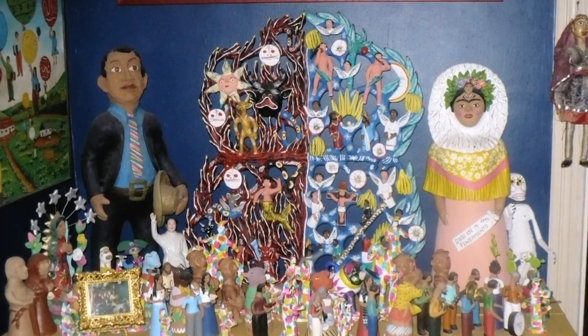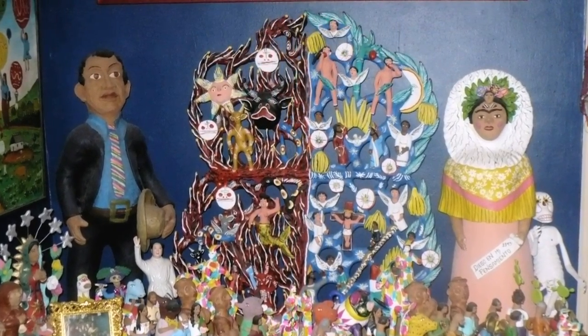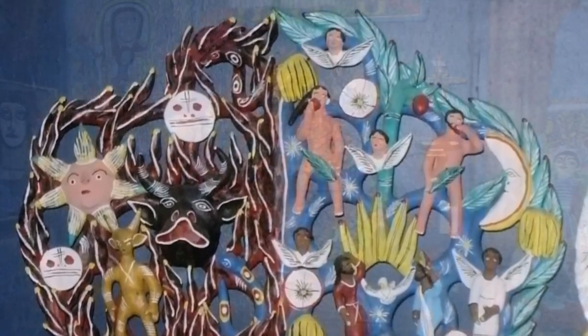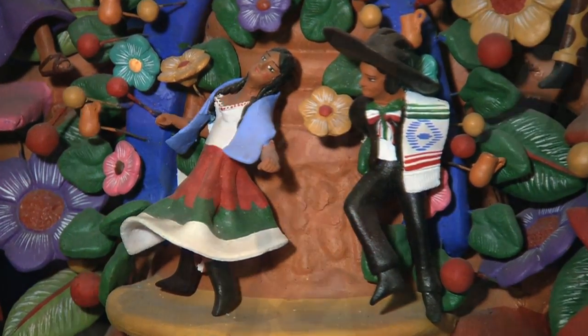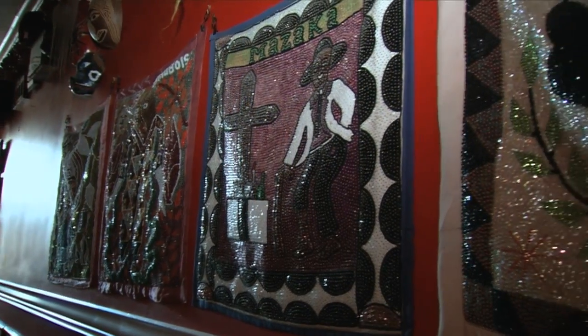They're these giant ceramic pieces, and sometimes small, but the better ones are the really large ones. And they'll show scenes of different festivals that take place in Mexico. And we have one particular piece that we just adore, and it shows different dances that take place in the entire country of Mexico. Another thing we collect is textiles, and that might include voodoo flags from Haiti,